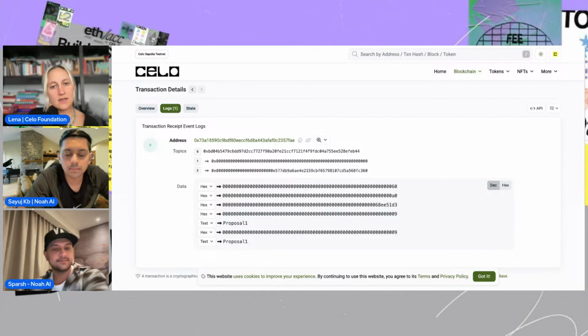Can you verify the smart contract through Noah AI? We're actually adding that feature, but I think there's another cool feature that we're adding after this. So let's say even to fetch all of these events, right? You need a subgraph. So this part is almost done. We launch this in a few days.